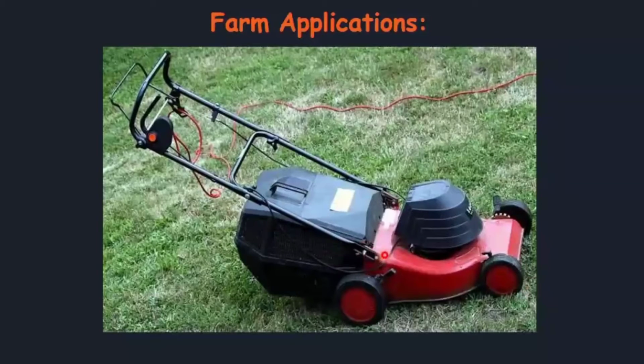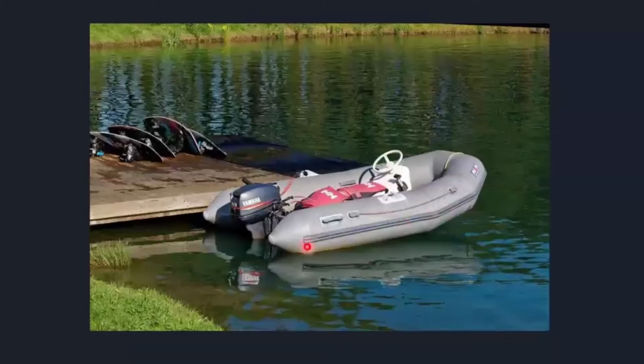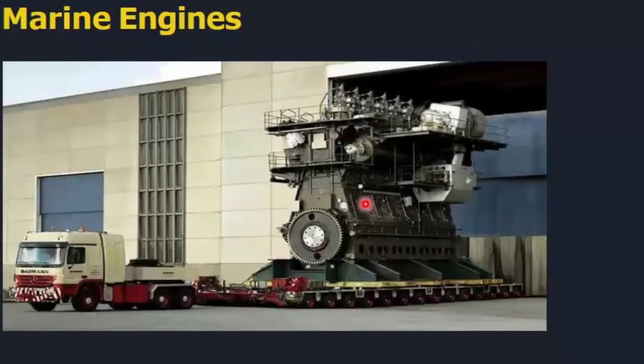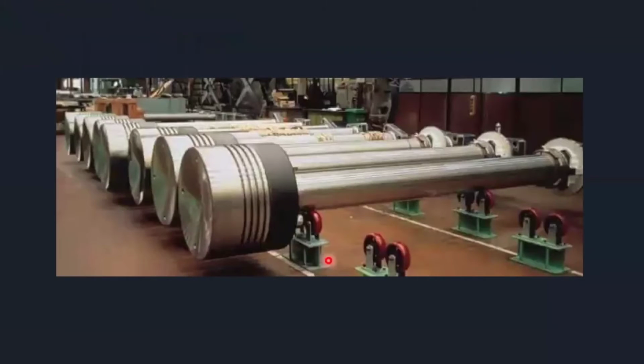In farm applications, whatever engines they use, mostly they prefer two-stroke engines. Why? Because they are low cost, smaller and compact. But they take more fuel. That is a disadvantage, but the initial cost is very low. So in farm applications they prefer two-stroke engines. Also boats, lifeboats like that. This is one engine arrangement, a two-stroke engine arrangement. All these were applications of two-stroke engines.